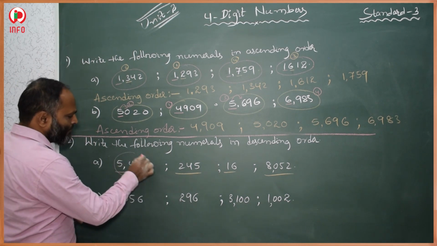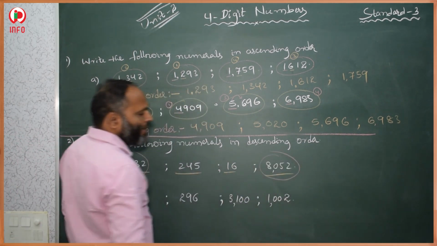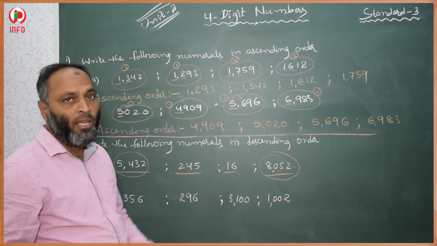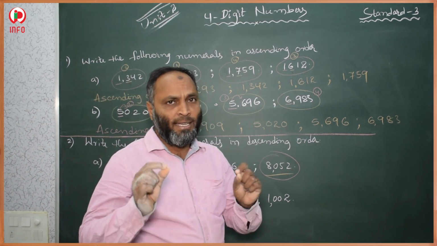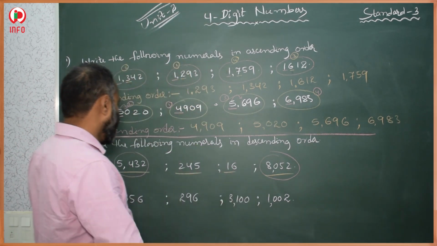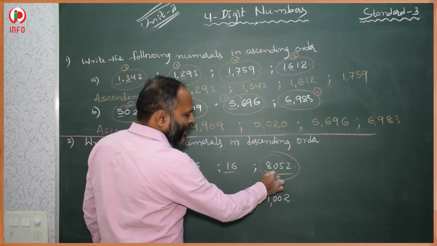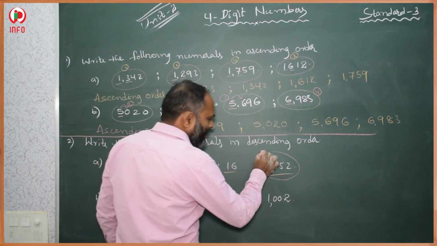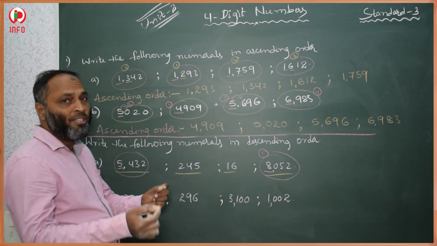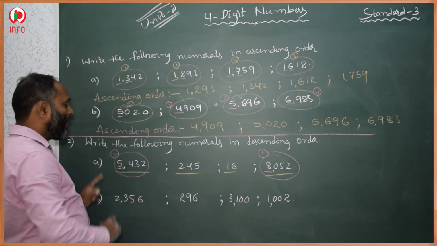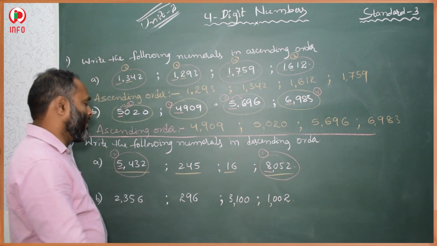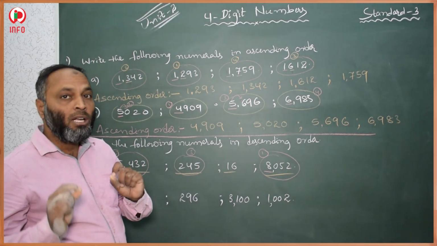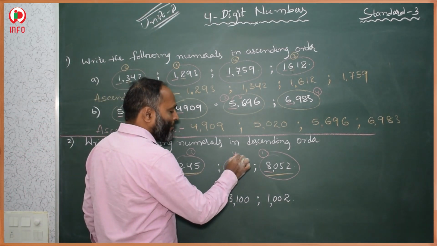So in this way, first, 4-digit numerals are greater. This is a 4-digit numeral, this is a 4-digit numeral. In these two 4-digit numerals, first we have to check the thousands place value. In the thousands place value, which one is the highest? That is the greater value. Here 5 is there and here 8 is there. In 5, 8, which one is greater? 8 is greater. So this is the greatest value. And a little bit smaller is this one. After the 4-digit numbers, the 3-digit is smaller. So this is the third place. And after the 3-digit number, 2-digit numbers are smaller. So this is in fourth position.